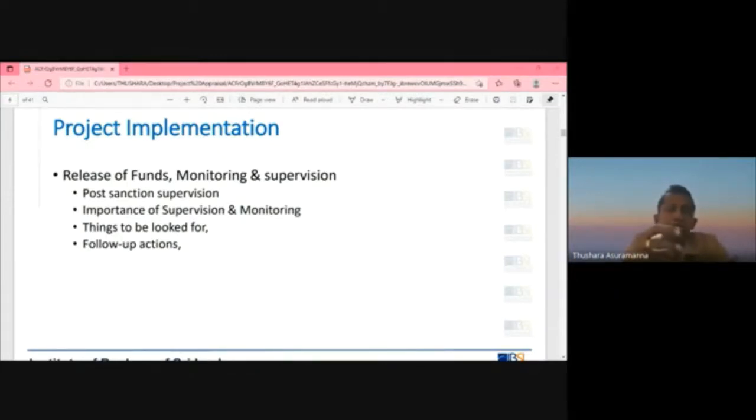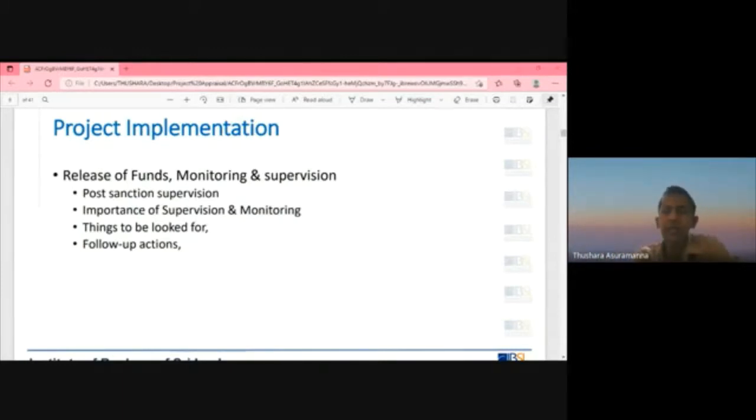So when you say release of funds and monitoring and supervision, it's basically about post-sanction. Supervision is the first one. And then why the importance? The supervision and monitoring is important. I basically discussed it because this will ensure the proper